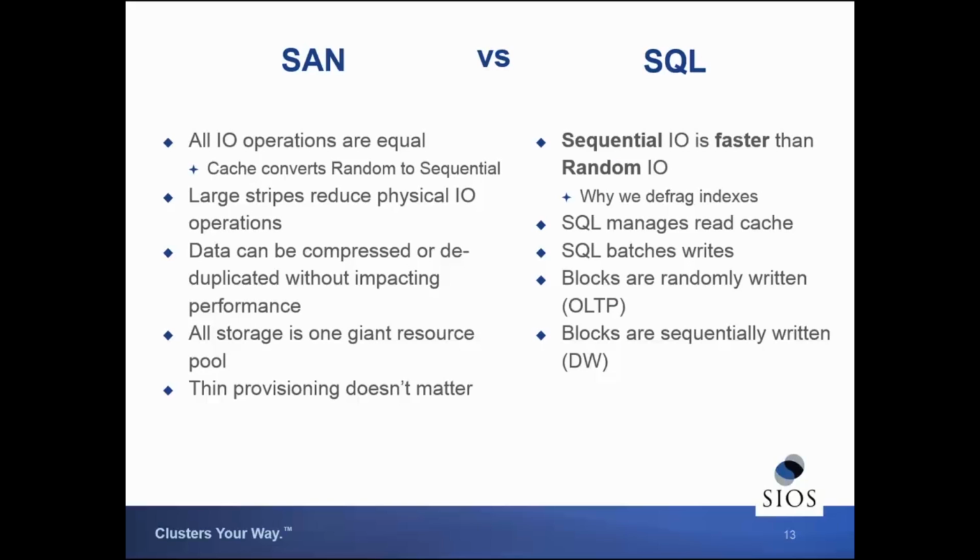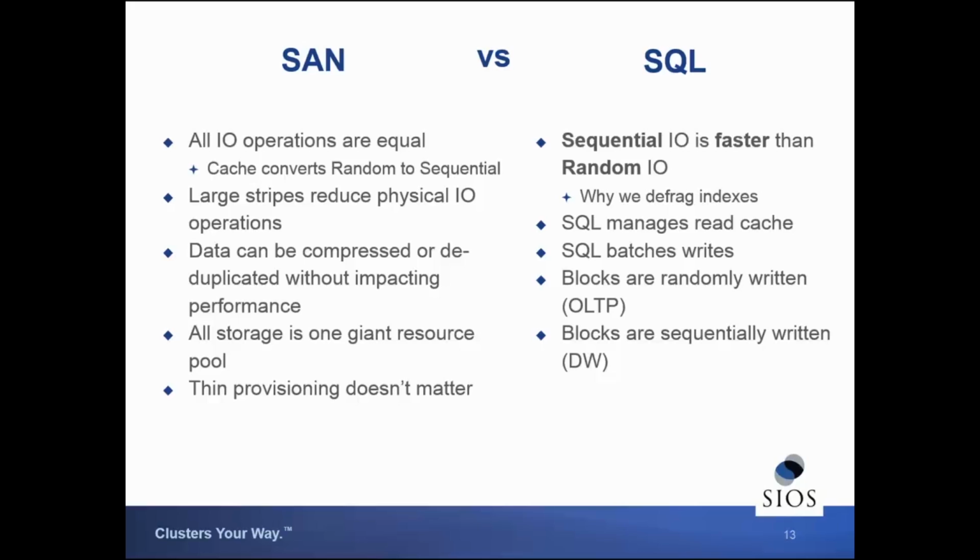In SQL, we know that sequential I/O is faster than random I/O. Otherwise, why would we bother defragmenting indexes? We defragment them because our scans, which are necessary parts of certain queries, will operate faster. So when we start getting into these large scans, the SAN doesn't work as well, especially if we've written that data in a random order, because at that point it definitely won't be in the sequential order that we've tried to put it back into inside of SQL.